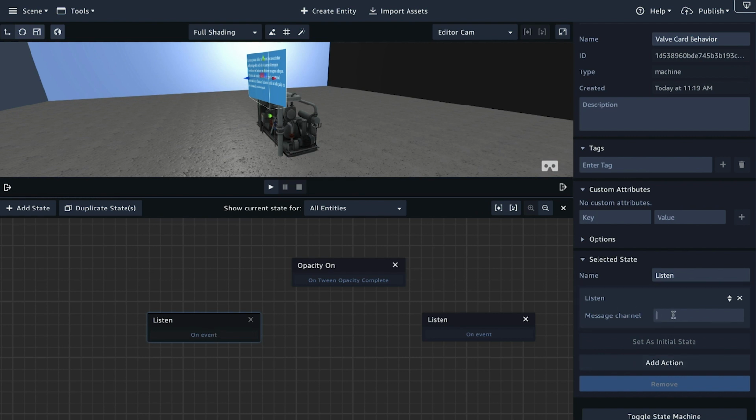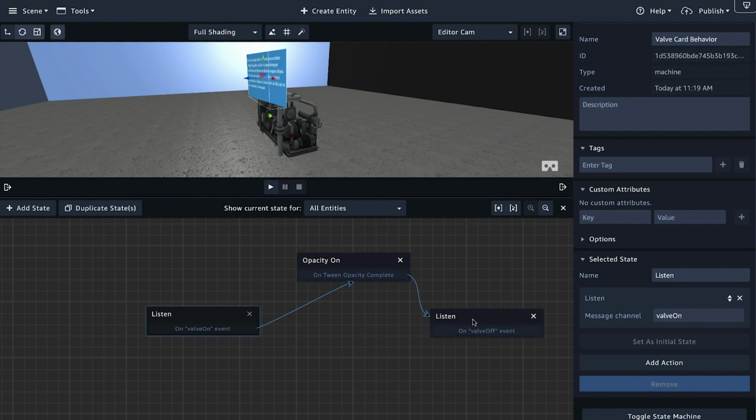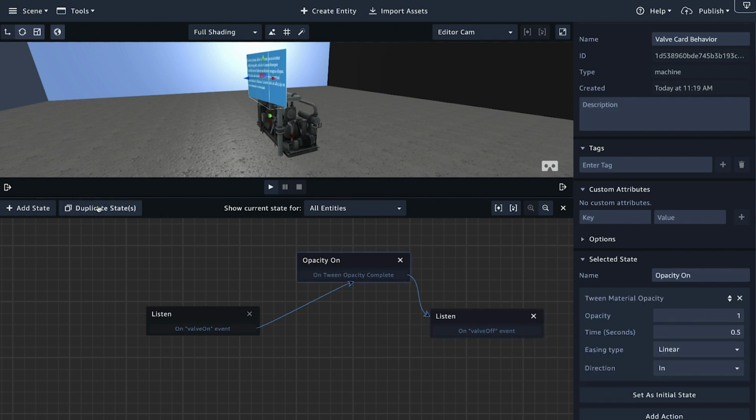Okay, so for the first listen message, we're listening for valve on. Remember that, oh my goodness, it is case sensitive, so that is something to make sure that it all matches correctly. And then this one will be valve off. Okay, so our first listen message is listening for valve on. It'll transition to opacity on to turn on or show the card. It'll then transition to be listening for the valve off message, which will then transition to, we'll duplicate this opacity on,